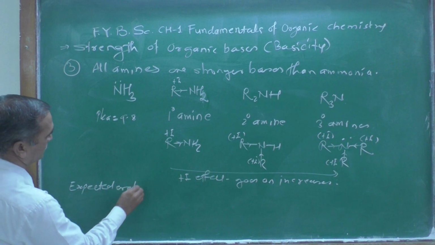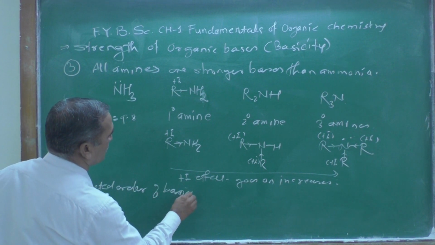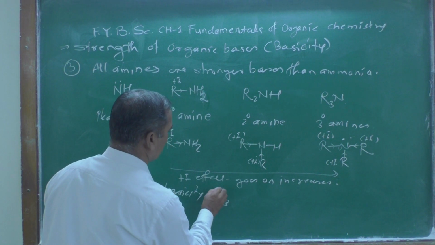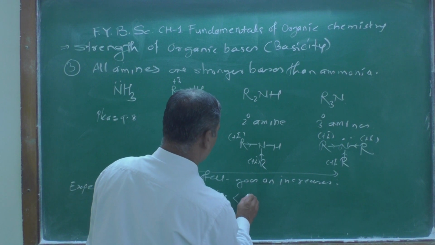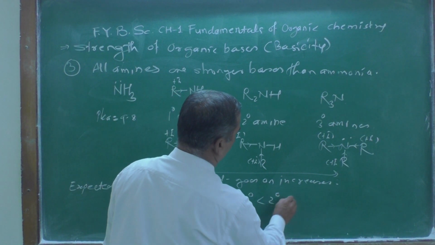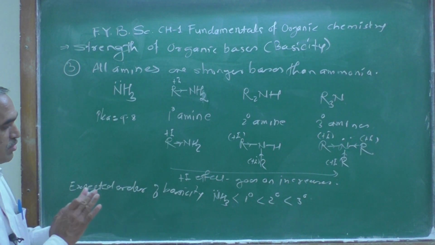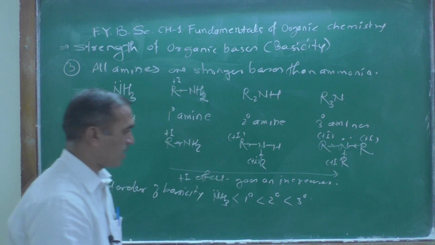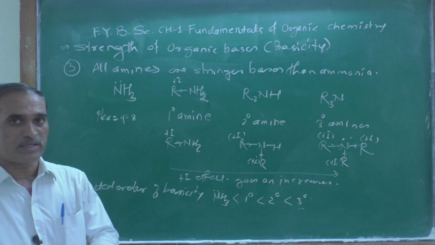Suppose here is ammonia, NH3, then primary amine, then secondary amine, then tertiary amine, right? Tertiary amine is expected to be the strongest base. If you show the arrows, this one is the most basic, but